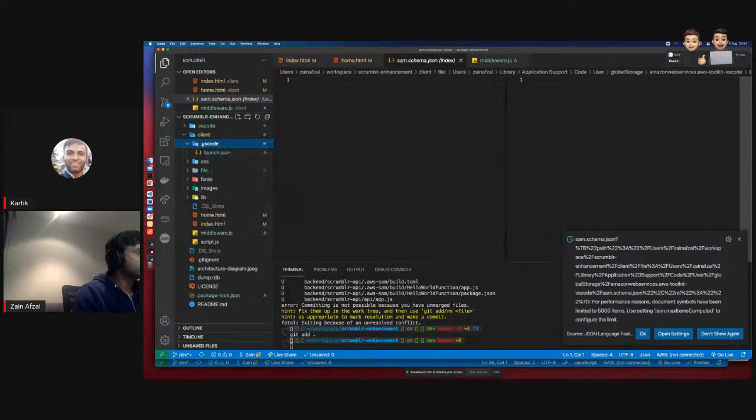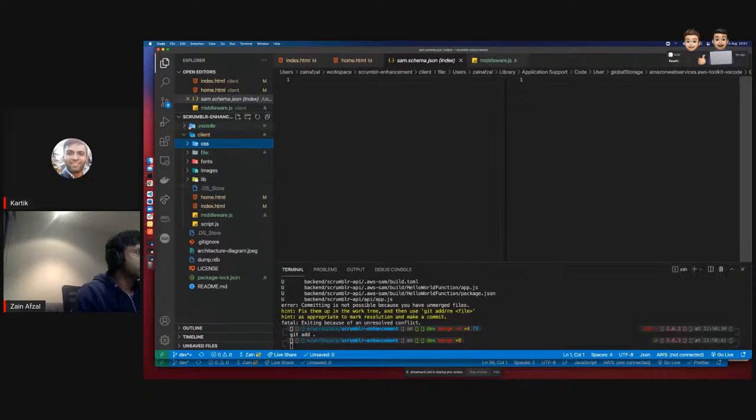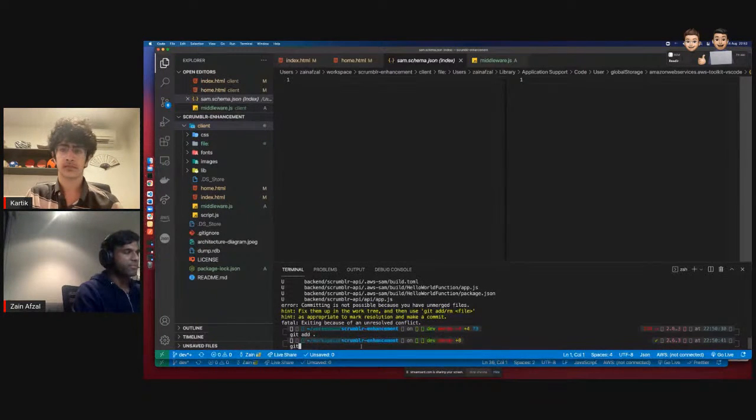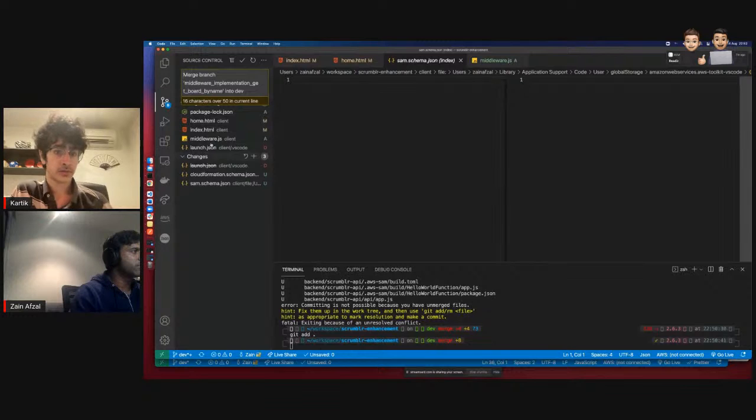VS Code, delete. Settings, delete. Yeah, that should be fine. Alrighty. Clients, cool. So I've just deleted all the ones that we don't need because they were causing a problem.